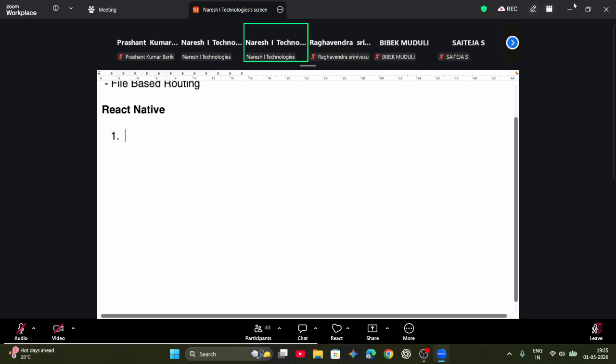Use the following here, create a new React Native app. You have to create a new React Native application